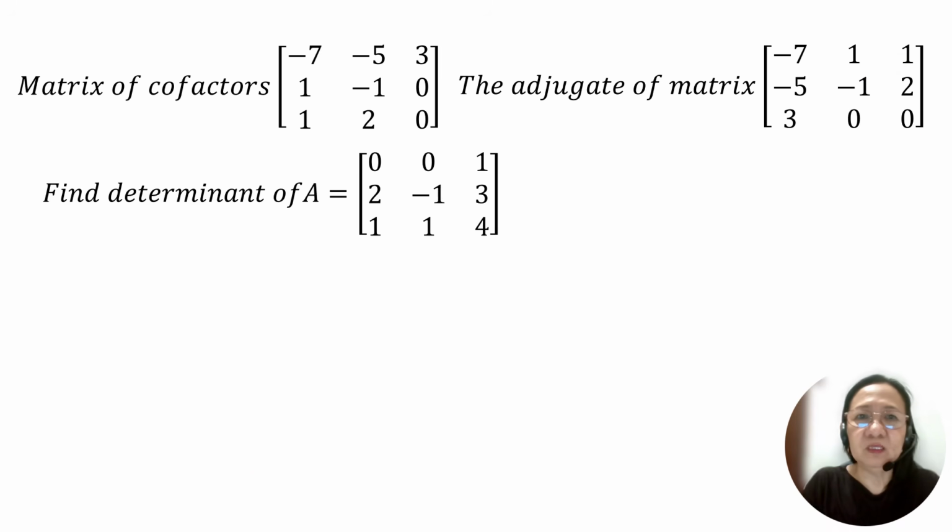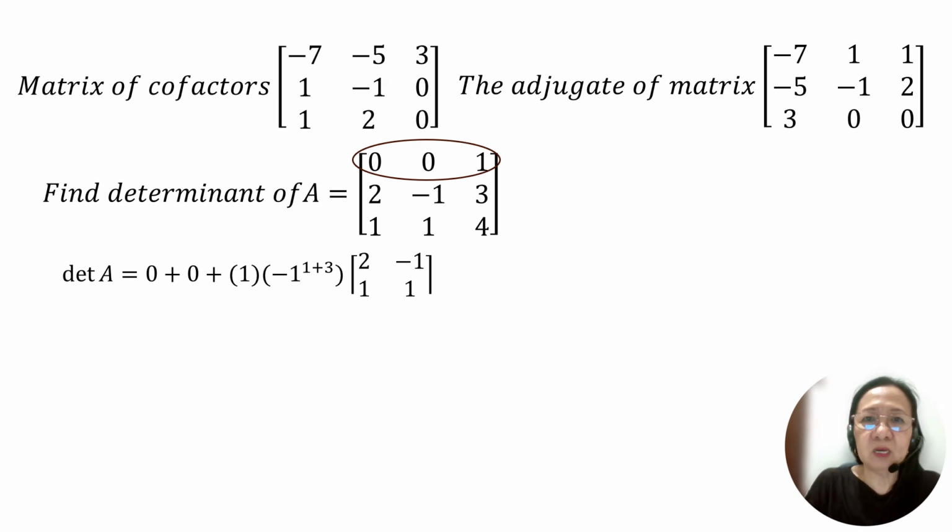Next is to find our determinant. So this is our given determinant. So to find, using the cofactor expansion, let us use first the first row wherein two zeros are located. That is the easiest solution. So we have the first number is, of course, 0 as the first entry times the solution that we have. So just indicate 0. The same with this part, so that is 0. And then the number that we have here is 1.